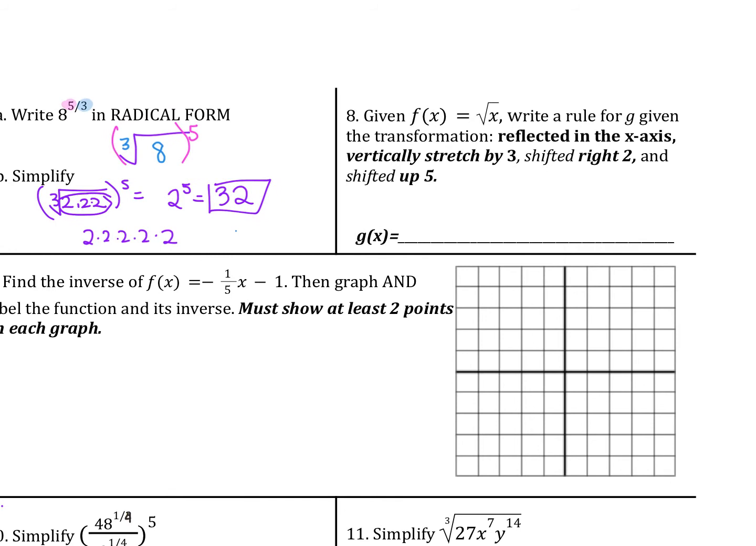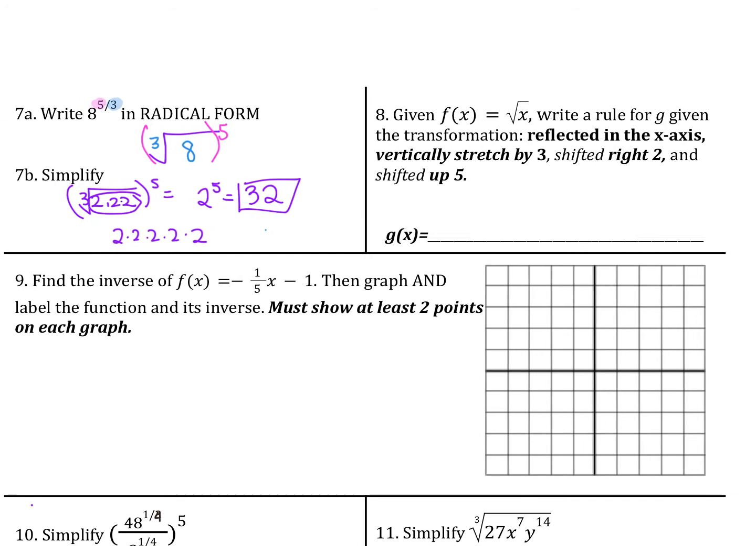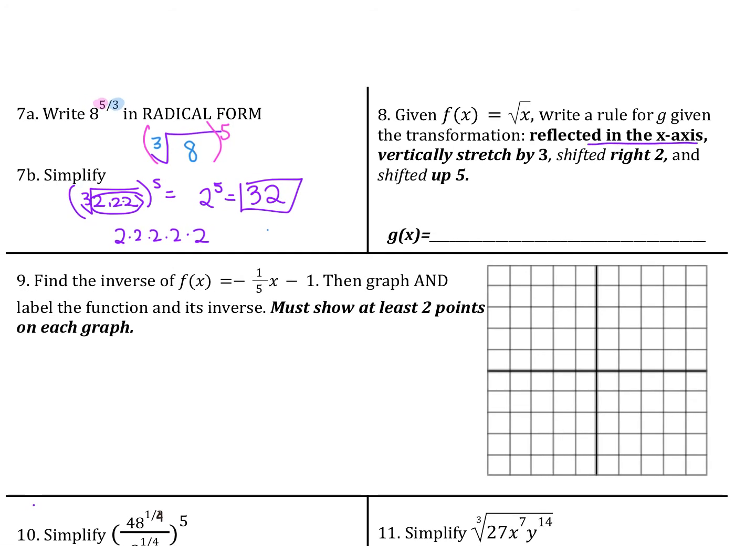Number 8, given square root of x, write a rule for g, given the transformation. So it's reflected in the x-axis. So that means a negative in front of the square root of x. Then vertically stretched by 3. So then we multiply 3 to everything that's there, and all that's there is the negative root x, so